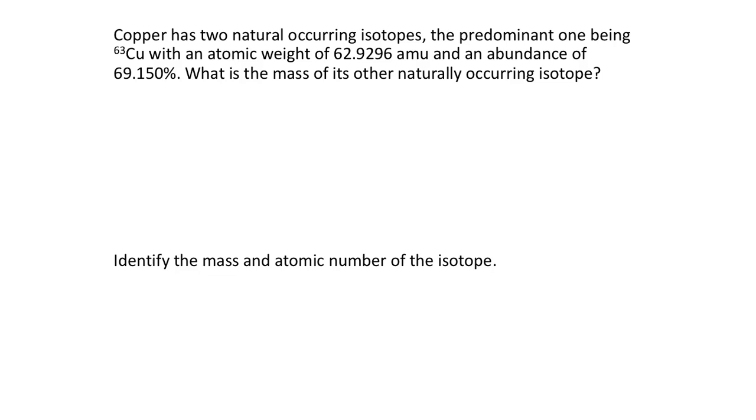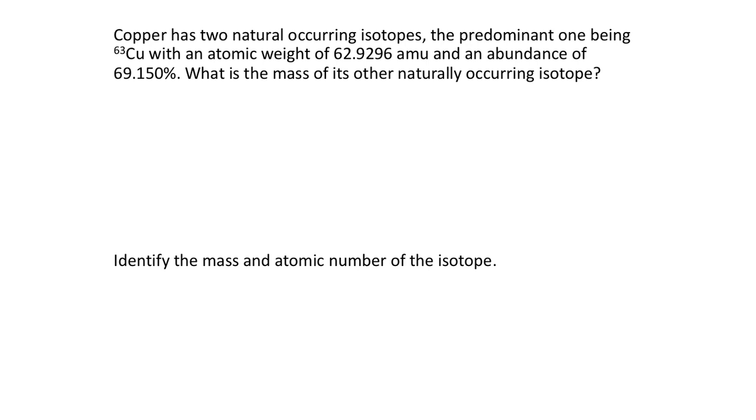Hi everyone, I am back in my office here and I'm going to redo this problem from class today so I can spend a little bit more time setting up the math so that we're clear on how we were solving this one here. So we're told here that copper has two natural occurring isotopes, the predominant one being copper 63, we're told, with its atomic mass given, and the abundance of 69.150%. The abundance and the fact that there's only two isotopes tells us that the other isotope, let's call it